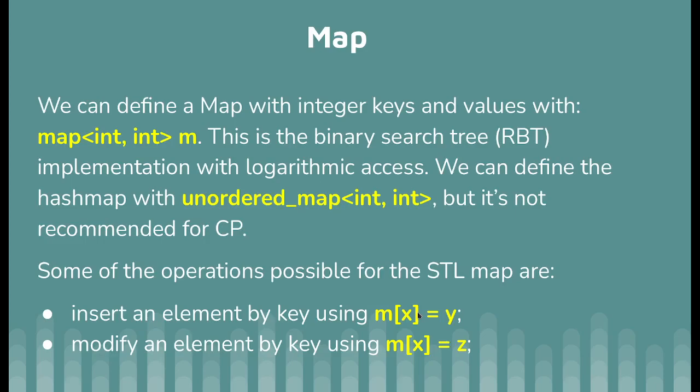So we want to assign to the student number 5 its grade as 30, for example. We do it like this: m of x equal to y. So it's like you access an array. Also, even if x is not defined in the map, so for example the idea of the student is not in the map, it will create it automatically. So you don't worry about it.